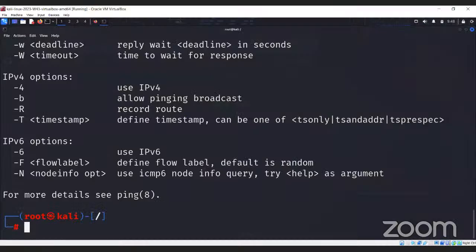Let's try the traceroute command. The basic syntax for traceroute is traceroute, followed by the domain name, and we can also provide the IP address of any system. I will provide a domain name, which is